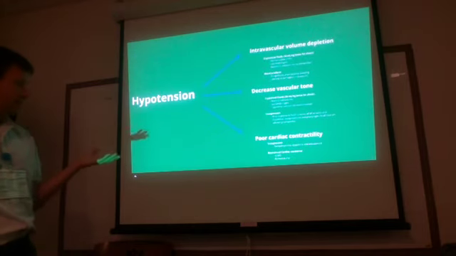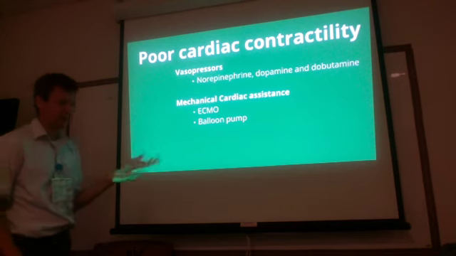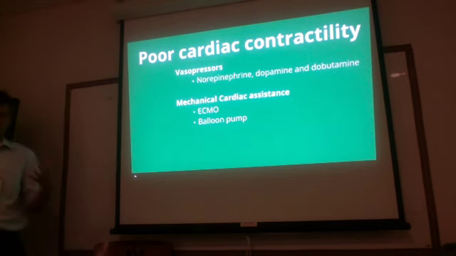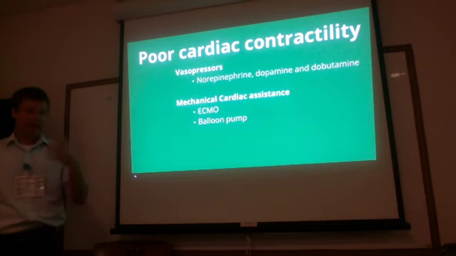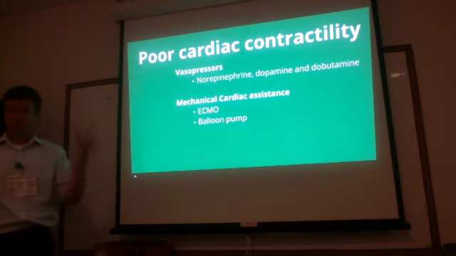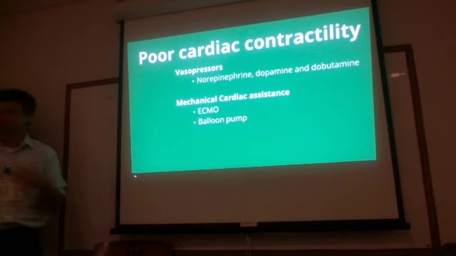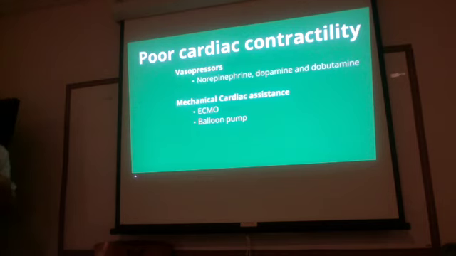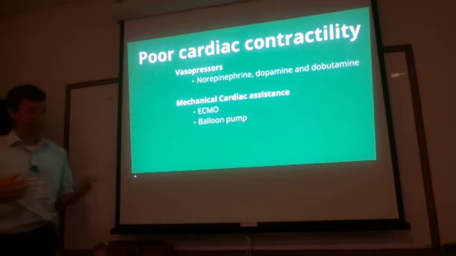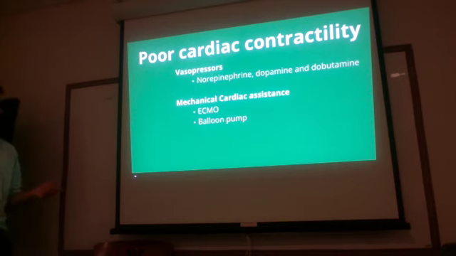And then the last part of it is the cardiac contractility. So the mitochondria get injured whenever there's an inflammatory process, and the heart doesn't beat as well. So if the pump's not working, it doesn't matter how much fluid you put in there. If it can't squeeze it around, your blood pressure is not going to go up. Fortunately, a lot of the pressors that we have do both. So they increase cardiac contractility, or at least increase the rate, and therefore increase the blood pressure that way as well. So the main vasopressors for this are norepinephrine, dopamine, and dobutamine.